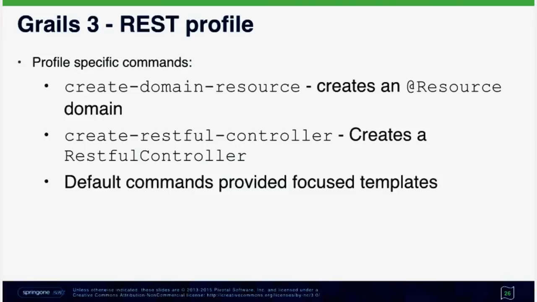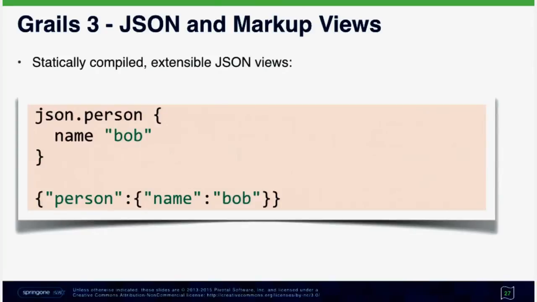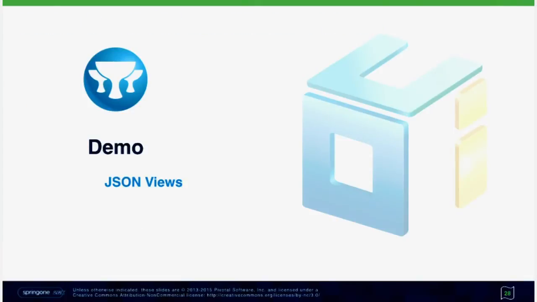You got JSON views instead of GSP, and a whole bunch of neat stuff for helping you knock out those APIs quickly and efficiently with Grails. You got JSON and markup views. I didn't demonstrate the markup views, but you essentially have statically compiled extensible views. So one of the neat things about these JSON views is they catch